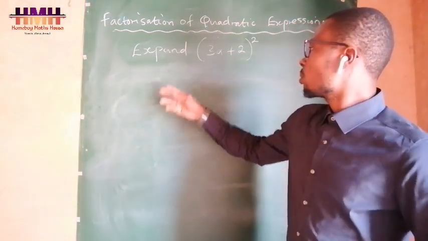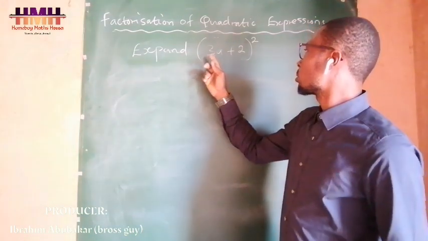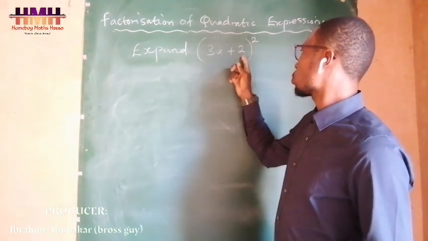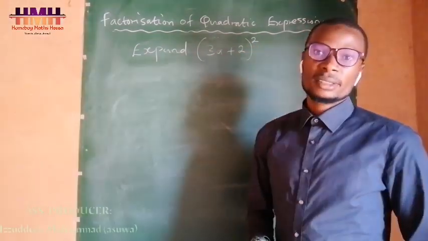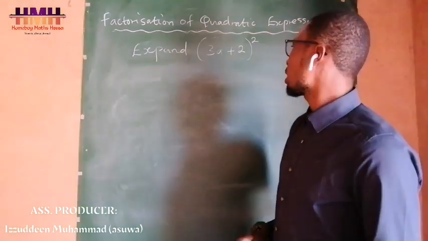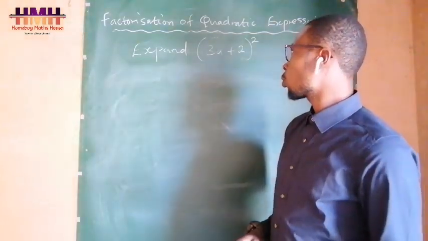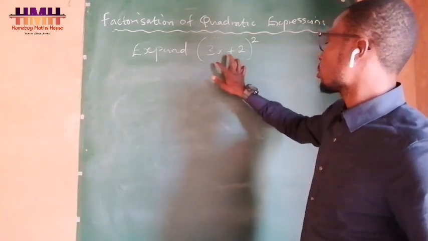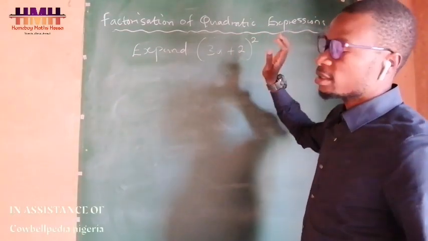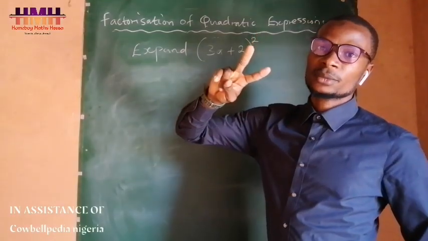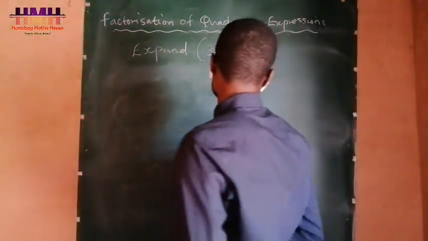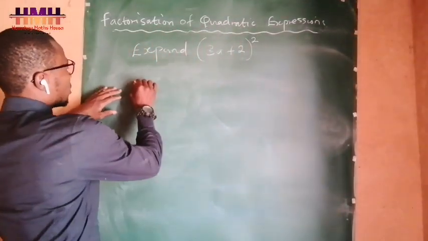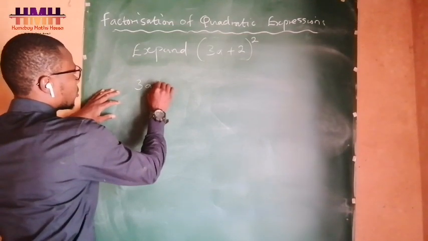So the question is to expand (3a + 2) squared in bracket. So this question, or this quadratic expression, means these brackets are squared. It means they are 2 here. So first of all, (3a + 2)